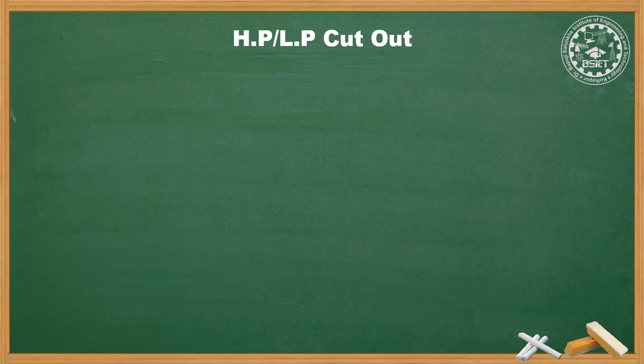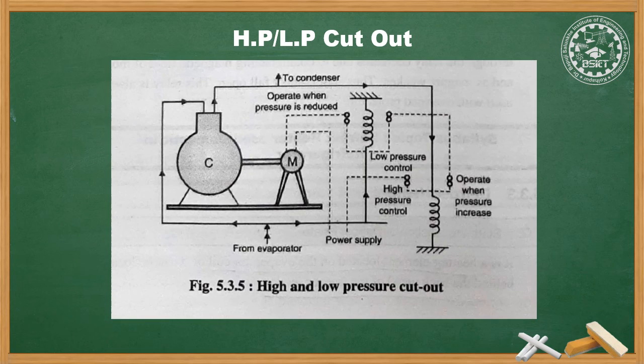The high pressure control, shown in the figure below, operates and stops the compressor by cutting the power supply given to the compressor motor. When pressure returns to normal, the control acts to close the power supply and start the compressor. The control is essential on refrigeration systems using a water cooled condenser because there is a possibility of sudden water supply failure, which can increase the discharge pressure rapidly.